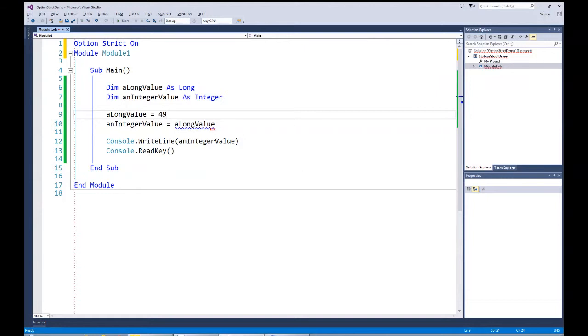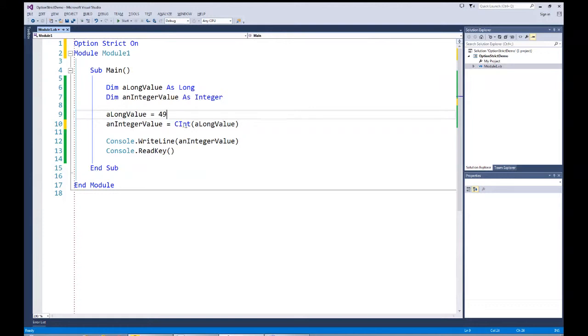You'll see right away that this does not allow it, and as I put my cursor there it says error correction option, and it's going to give me information. Option strict on disallows implicit conversion from long to integer. And I can come down here and actually take advantage of it and allow it to do a replacement for me, and you'll see that the option is convert to int. This is one of the Visual Basic reserved words, and it's converting whatever values inside the parentheses to an integer